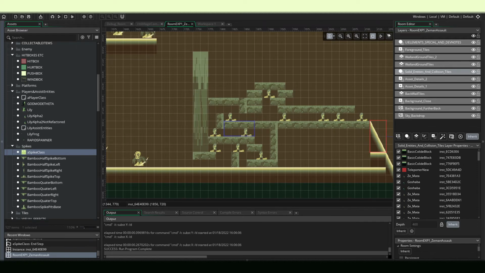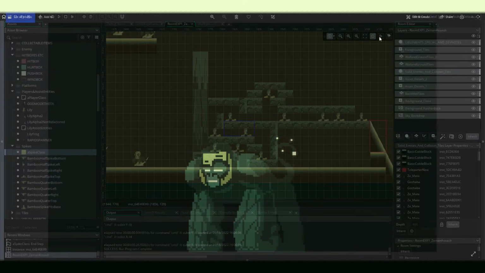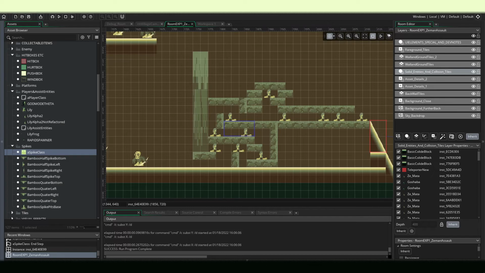So there's a bunch of those, but most of the enemies are pretty much done. They just need a little more refinement, and certain attacks like this need to be added back. But once that happens, the only thing that needs to be done, aside from some refactoring and a few other things, is the boss. And the boss of Area 1,